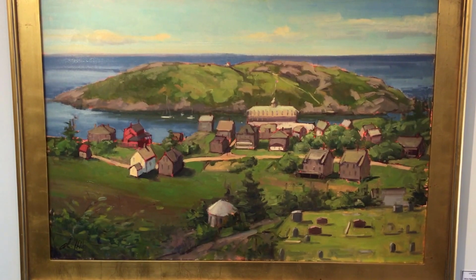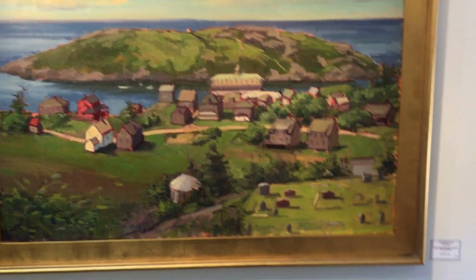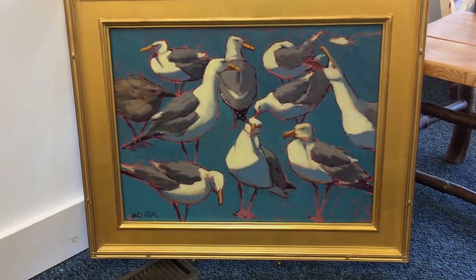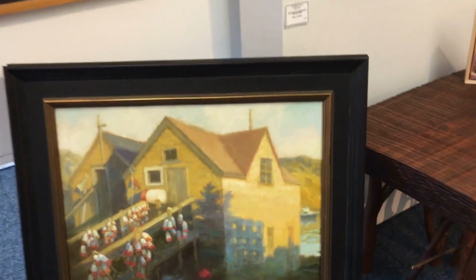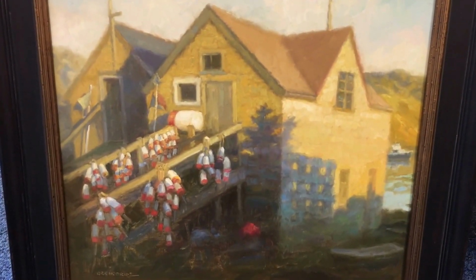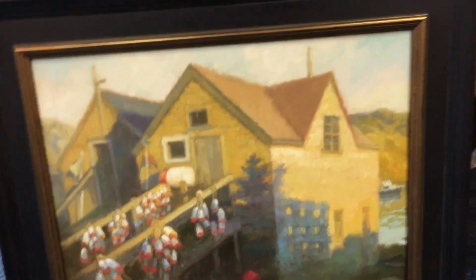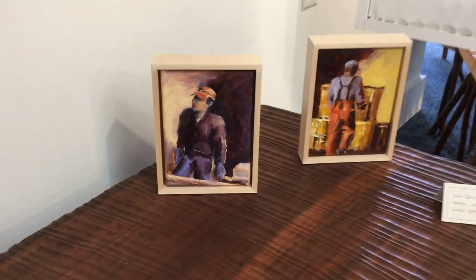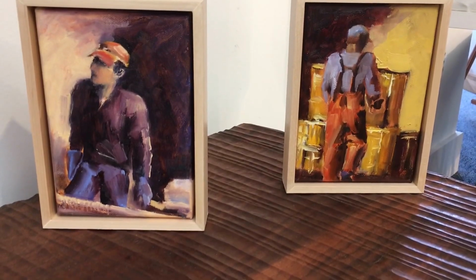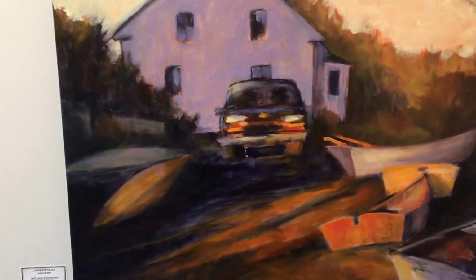Alison paints primarily plein air. She had a number of her seagull paintings in the show, two of which in the front window and this piece here. Judith Schuppien joined us in the show, as well as Kirk McBride with this one piece of Kirk's here, Monhegan Fish Shacks. Judith gets out to the island and paints every year, or tries to anyways. Here's a couple of small studies of fishermen on the island. This piece here, Last Light Monhegan,